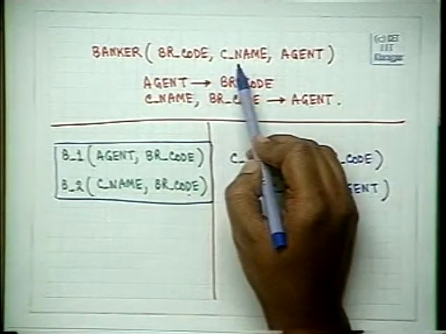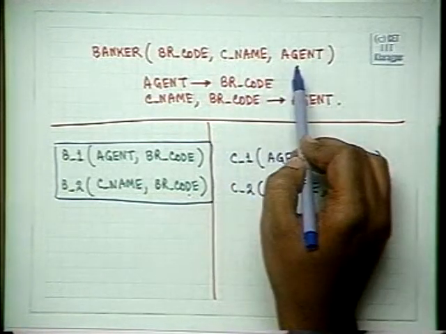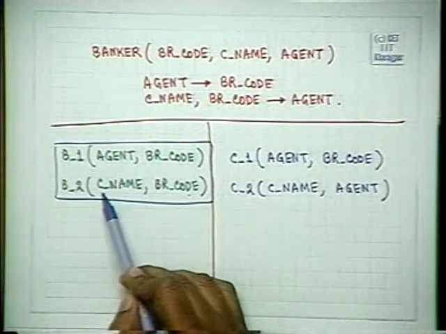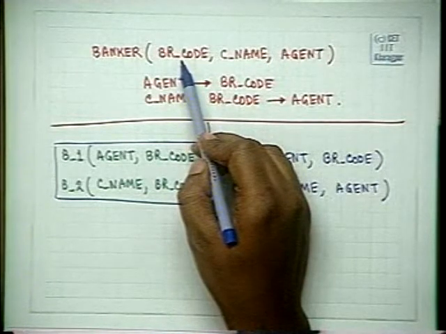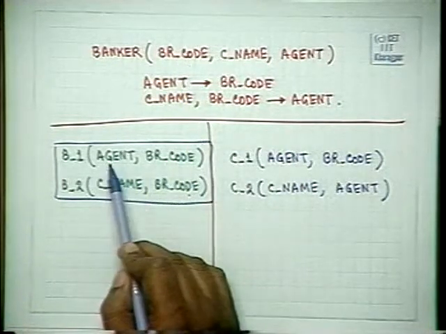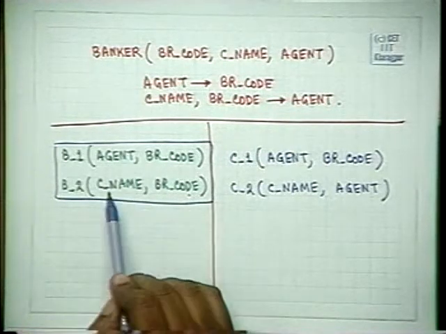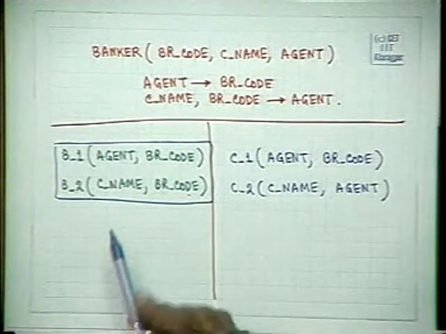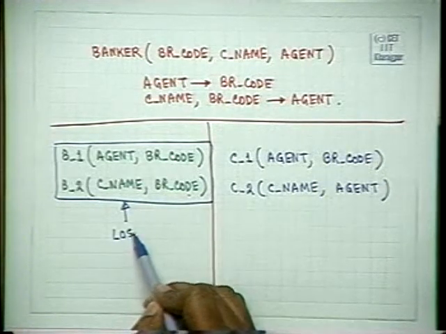For example, a customer say Mr. Srivastava may have some Mr. Jain as agent. But in a particular branch, say Kharagpur branch 0202, 0202 may have got 20 agents. So if you do a natural join, this Mr. Srivastava will have all the agents coming up here. So this is not a lossless join, this is a lossy decomposition. This one is a lossy decomposition.